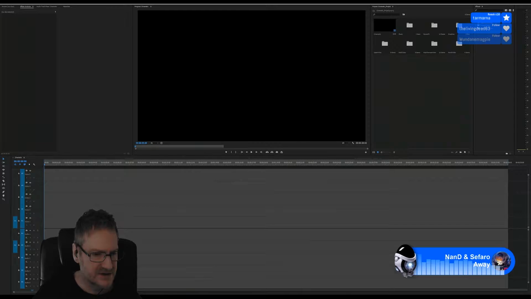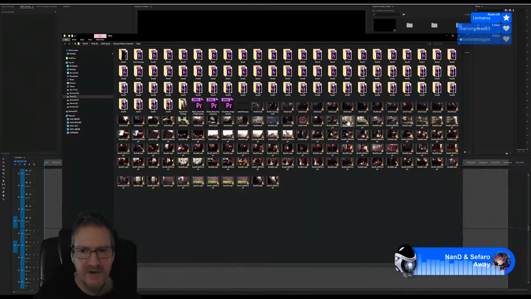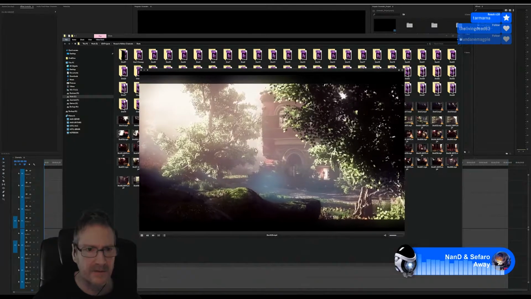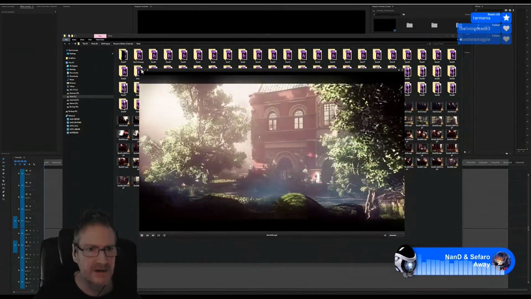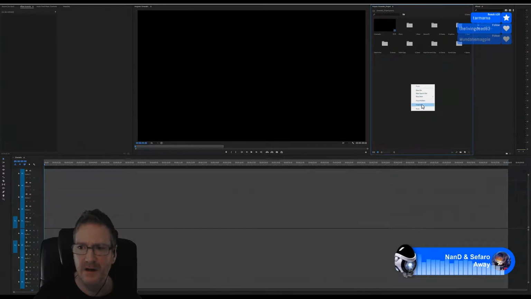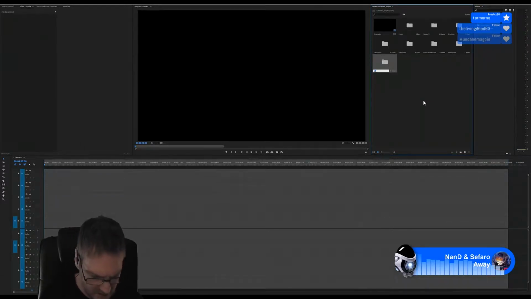And let's jump back and check what we've got going on now. I think then we move into the building. Yep. So let's create a new bin and make it building. I'm going to separate the building into front and back. So we're going to call this one front building.